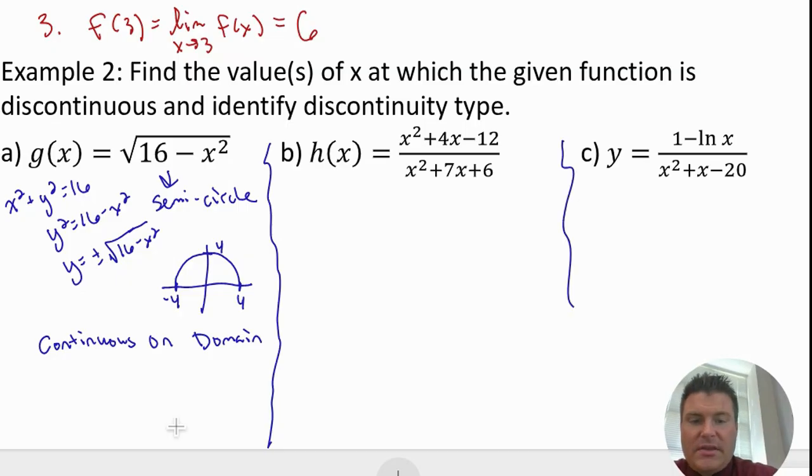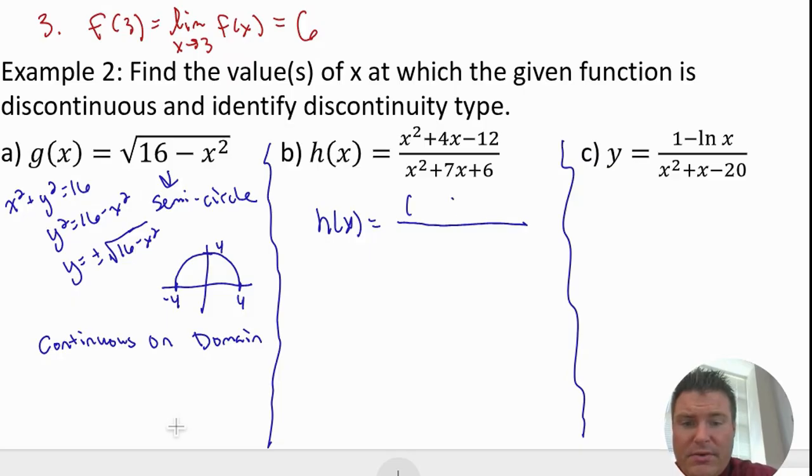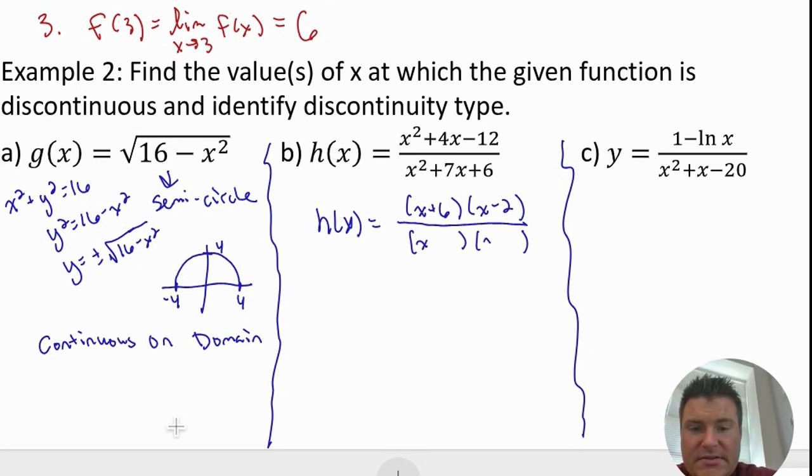Okay, and then the next one here, it helps if I factor that top one. So let's go ahead and factor the top, and I will factor the bottom here. So I'm going to double bubble to help me factor. It has to be x and x. In order to get 12, I'm going to get 6 and 2, so how about plus 6 minus 2 on the bottom here. How does that factor? It's going to be x and x. It has to be 6 and 1. Both are plus. See if you notice here, I'm going to have the x plus 6's cancel out,